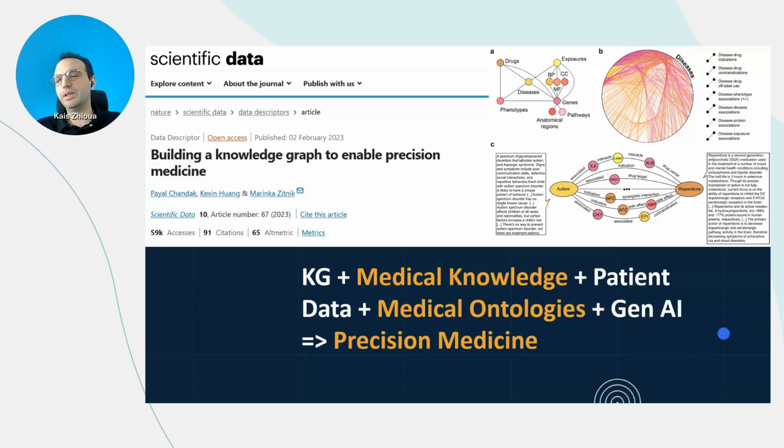It's basically the ontology of the ontologies. And I think the mix of knowledge graphs, medical knowledge, patient data, medical ontologies, and generative AI will help us reach precision medicine. In my case, maybe reproductive medicine, but it's going to be for sure in many other